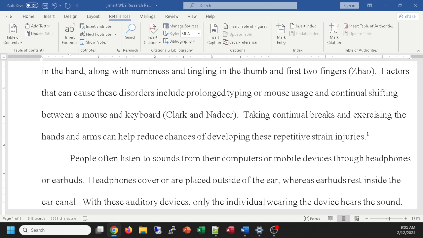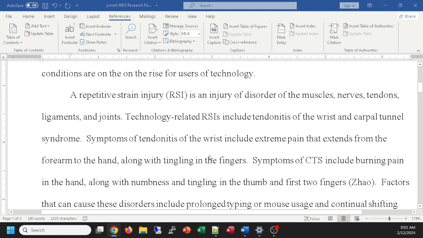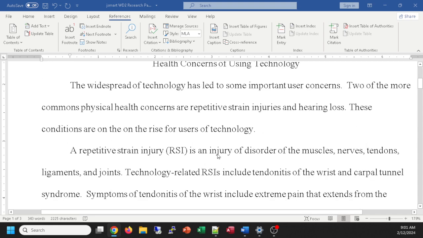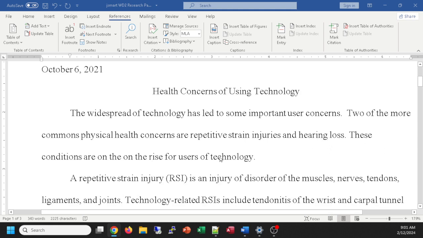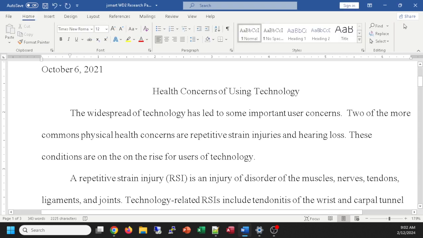They realize they're sounding a little too intellectual. They would like to change the word auditory to listening. Instead of auditory devices, listening devices. Well, I can do a find and replace even without selecting that word. I can go to, where's my find and replace? I had it here somewhere. Is it home? Here we go. Up here under home,